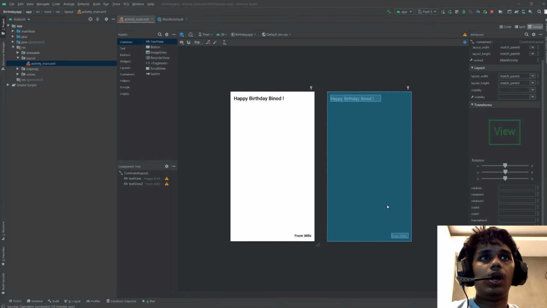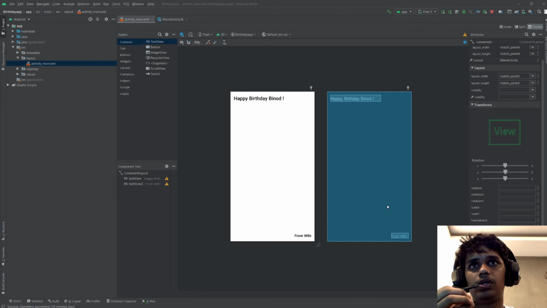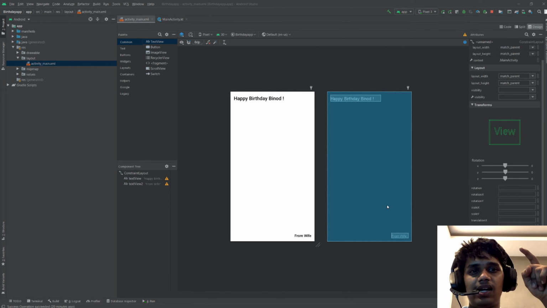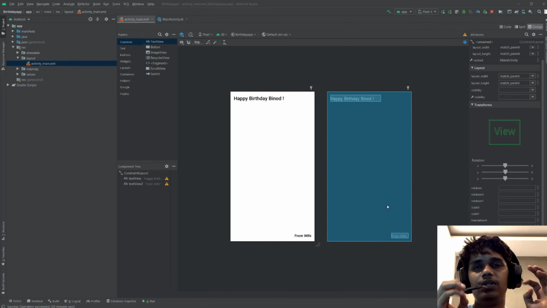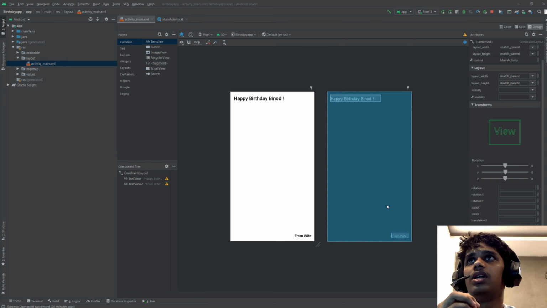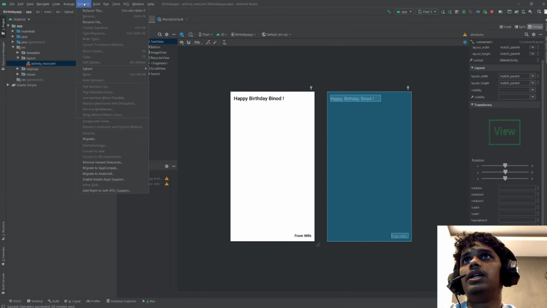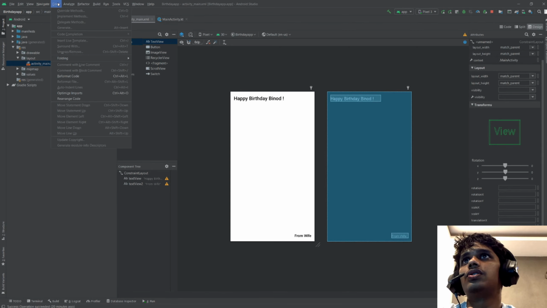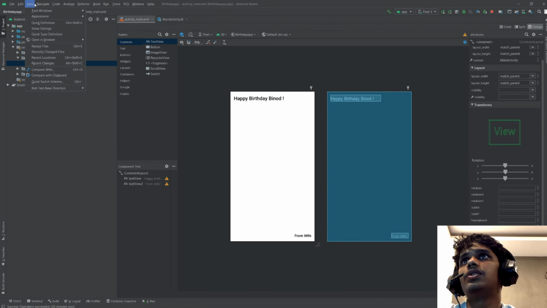So okay, how can we add images? You can't just directly, let us say in PixArt or any of your photo editors, click and then insert images. No, you can't do it like that in Android Studio. The first thing that you need to go to is the resource manager. So click on view, then